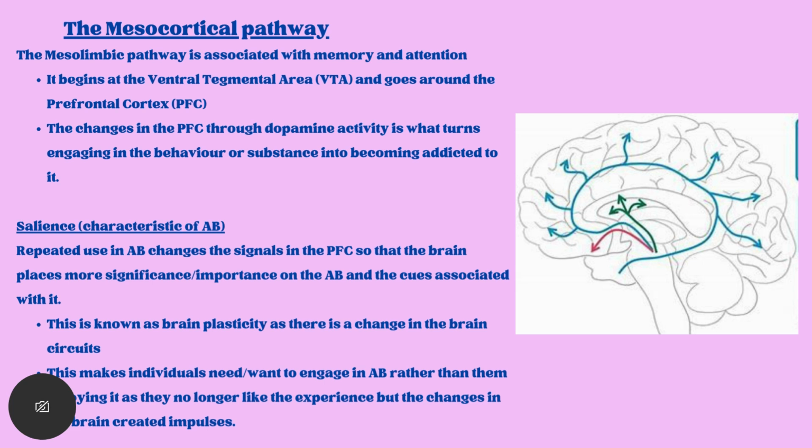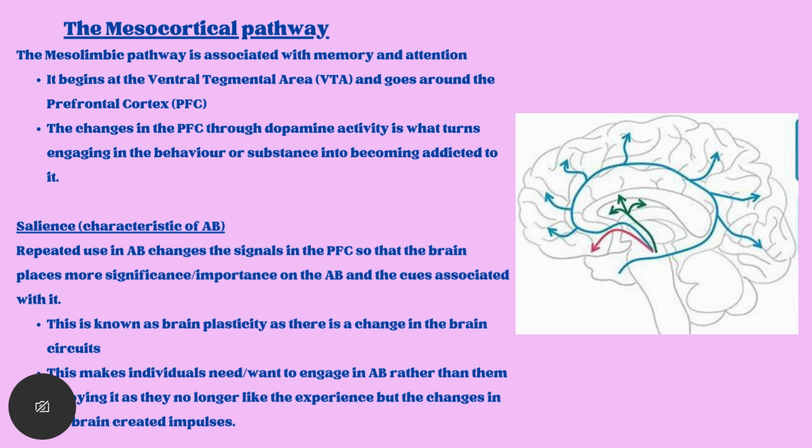So the mesocortical pathway is associated with our memory and attention. As you can see, it wraps around the whole brain. It begins at the VTA, like all the other pathways, and as I said, it goes around the prefrontal cortex. So as you can see, it's mainly the frontal lobe. And the changes in the prefrontal cortex through this dopamine activity is what turns engaging in behaviour into actually